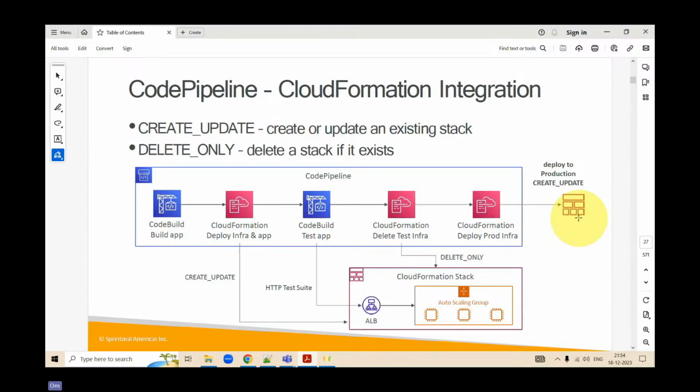Now, if the stack is completely working fine, then you won't move the sample or demo stack which you have deployed on the non-production environment into production. So what you're going to do is delete the test stack and only move the production ready stack into prod.